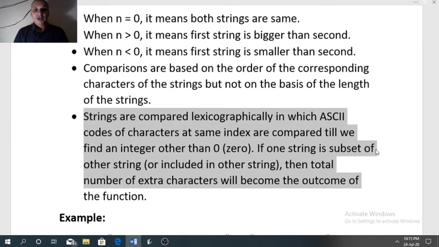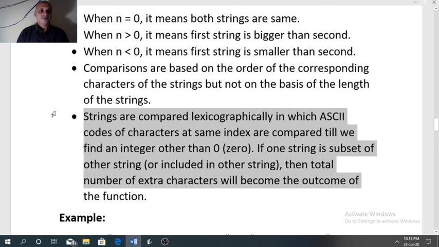So if both the characters are same at same index position, then comparison will be done for the next index. So this comparison will be done till we get any value that is other than 0. It means till the characters are different at the same index positions, the next character will be compared.